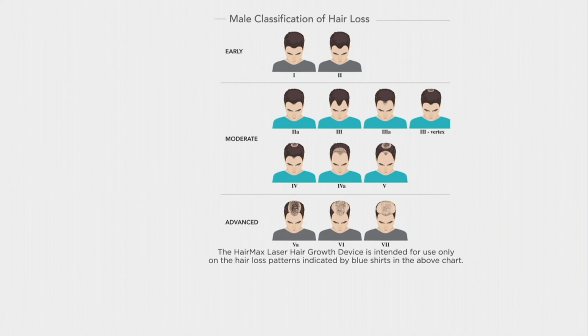So guys, the message here is start now. The sooner you start treating your hair loss, the better results you're going to get. Don't wait till you get to that bottom row, and I can't help you. And Randy, I think an easy way to say that too is you have a window of opportunity for this to work. And if you have a window of opportunity for these lasers to wake up your hair follicles, whether you're a man or a woman, if you're suffering from that pattern baldness or